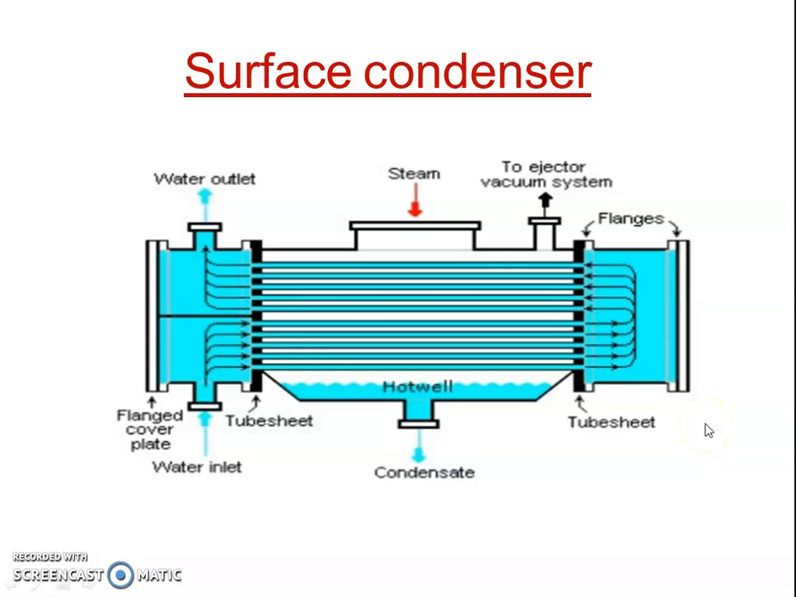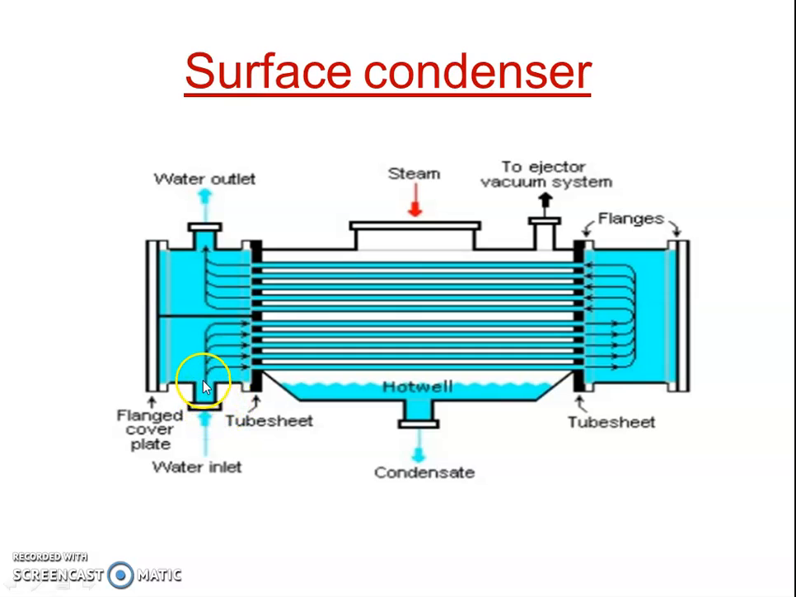Let's see the working function of a surface condenser. Here I have shown the schematic view of a surface condenser, in which the hot steam from the turbine enters at the top of the condenser and is sent around the tubes. At the same time, the cooling water enters at the bottom of the condenser